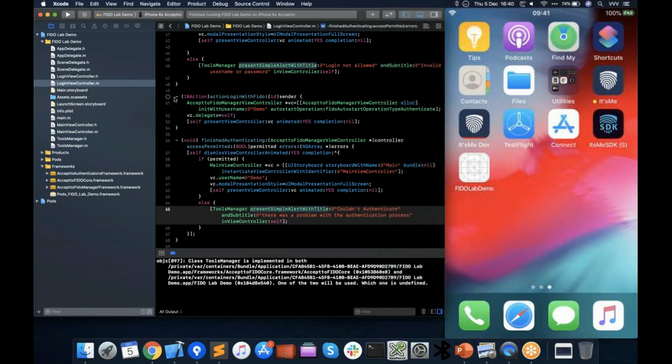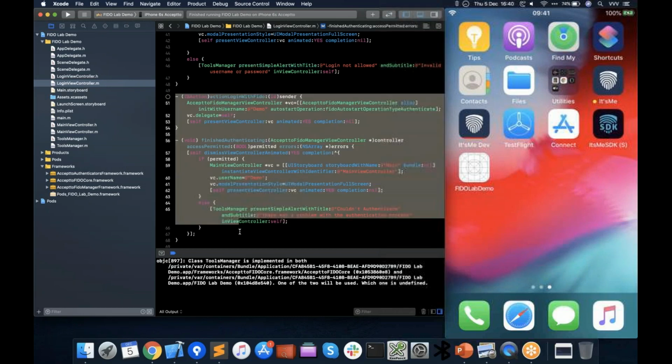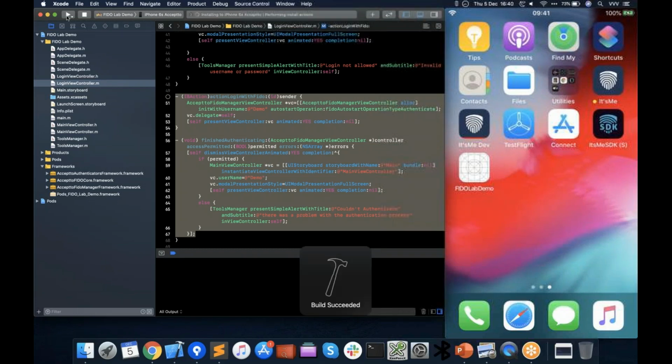Okay? So these are a few lines of code that just call the SDK, and the SDK does all the heavy work for you, all the protocol work, all the managing authenticators work, managing preferences work, protecting the private key and the keychain of the device, etc. Okay? So when you run this,